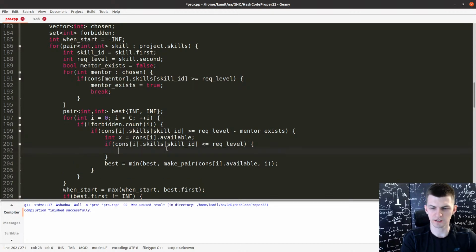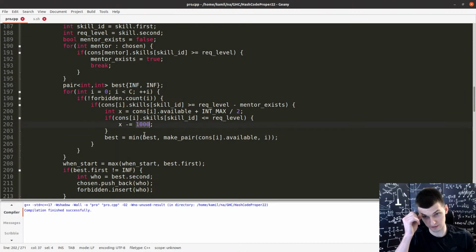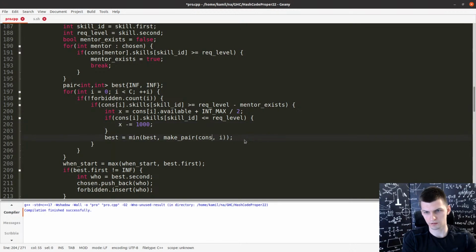So I will say that the time available becomes decreased by something. I don't know, 1,000. If you're mentored, then you're better, even though it might take you more time. This of course, I think it depends. Or maybe I should just cut it. That seems reasonable.